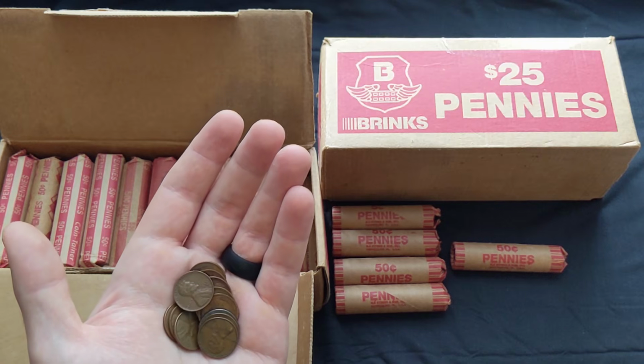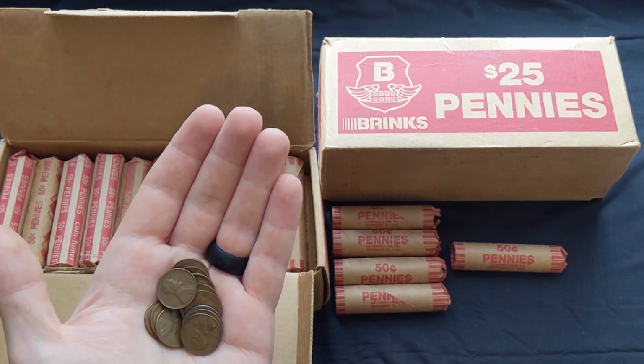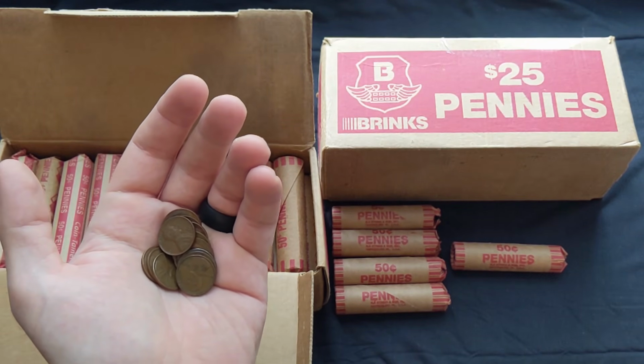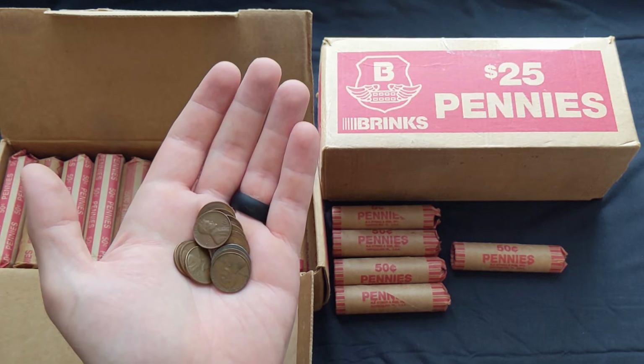There were a few years in the 40s when copper was being used as a war material, so those pennies are made of steel. But those are really easy to pick out, and I don't think you need to worry too much about coming across those. They're not super common. The great thing about pennies is that you can obtain these for 1 cent, and if